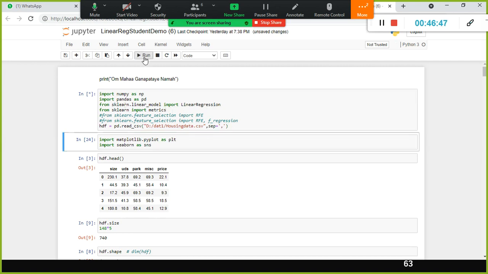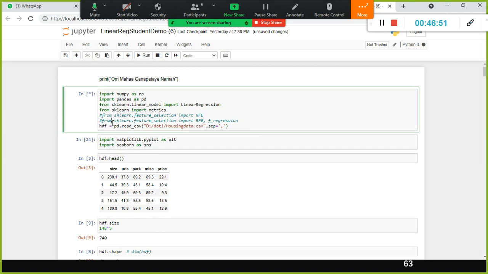I stored the same housing data into a variable called HDF, which is my data frame. I can still see the star after I press run, which means it is in progress. We have to wait.